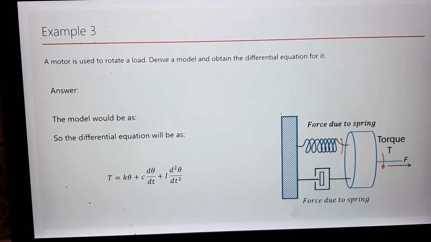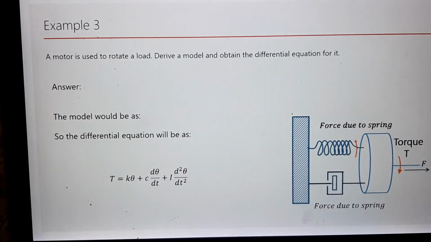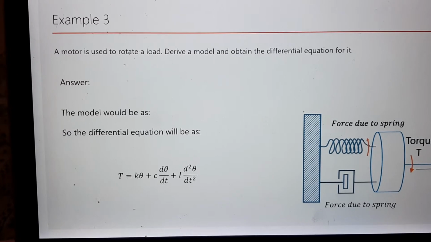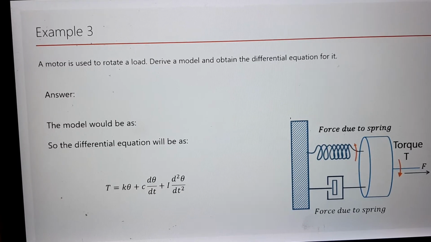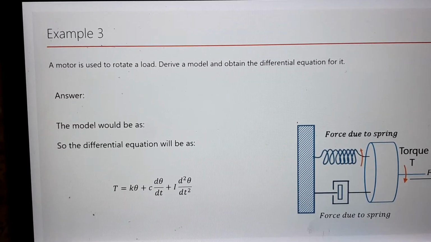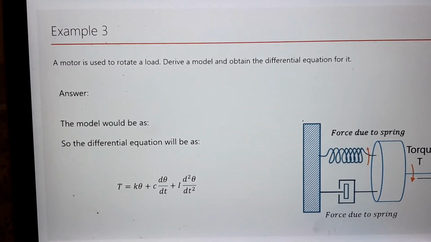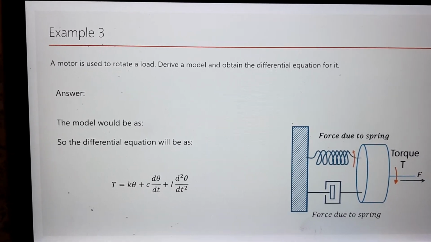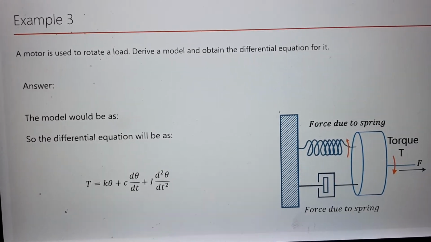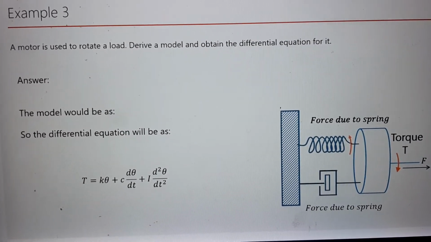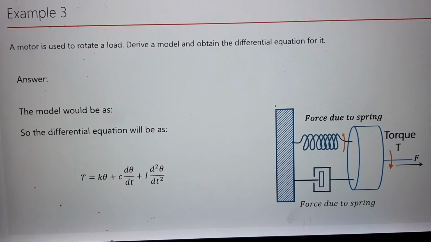Another example from the book again: we have this object that is rotating, and we want to model it and write the differential equation. As I explained, it can be modeled with a spring. This example is assumed to be a load that is rotating. So a motor is trying to rotate a load. That is the job of this system. We can model it with a mass that is connected to a spring and a dashpot or damper, which are trying to make that rotation difficult